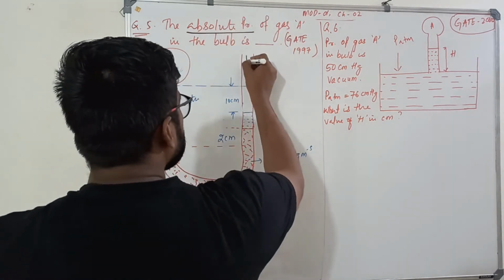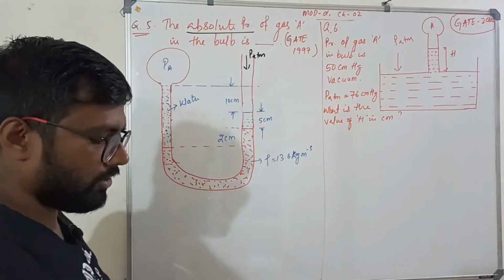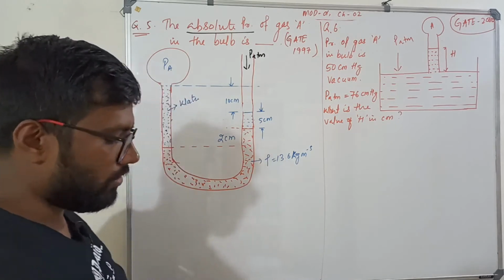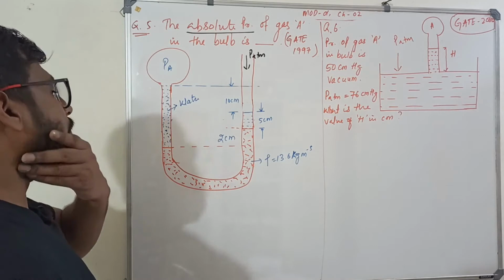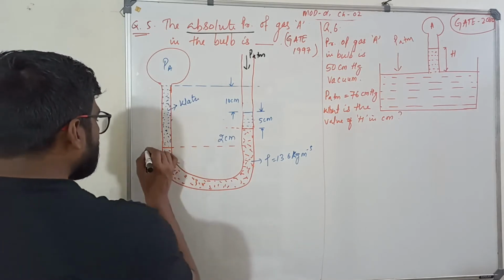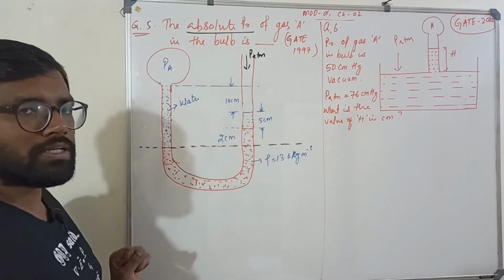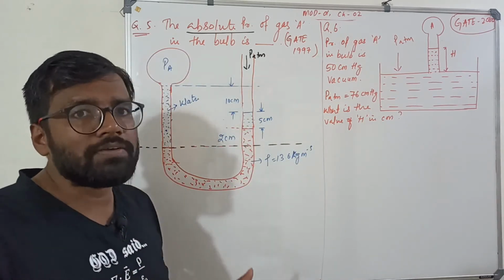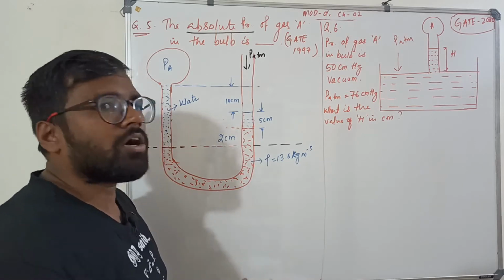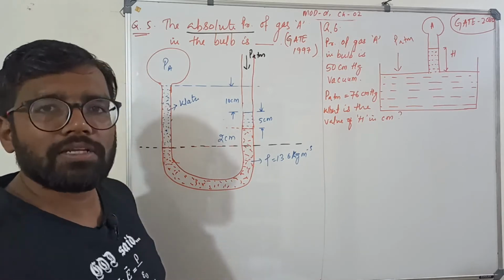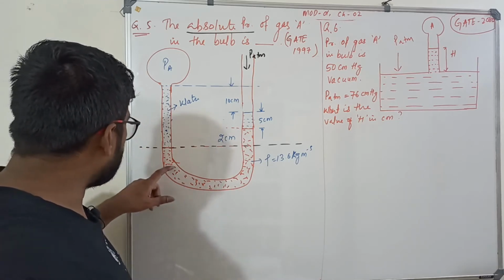Remember, absolute pressure means now you have to take into account the atmospheric pressure also. As we know, absolute pressure equals atmospheric pressure plus or minus gauge pressure. Whenever we are solving, why are these lines given? These are nothing but the reference lines. We have to take such a reference line so that the bulk of the liquid will cancel out with each other. I can take this reference line here also.